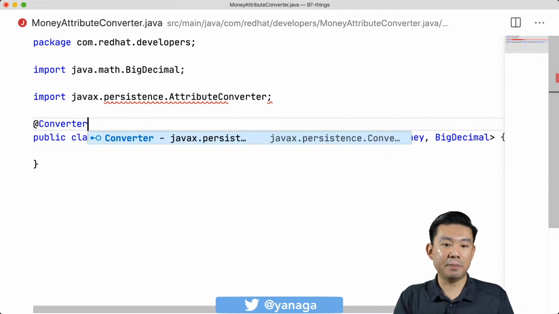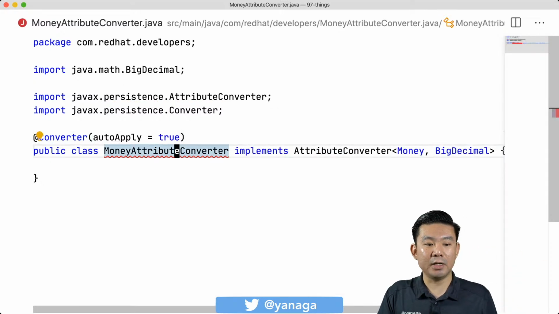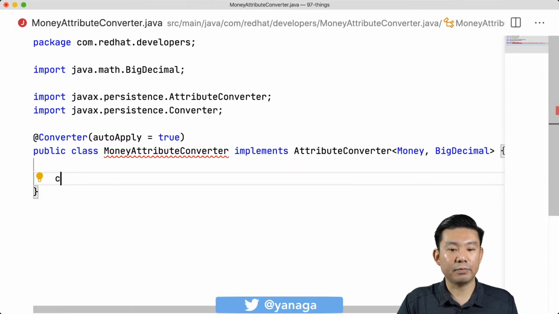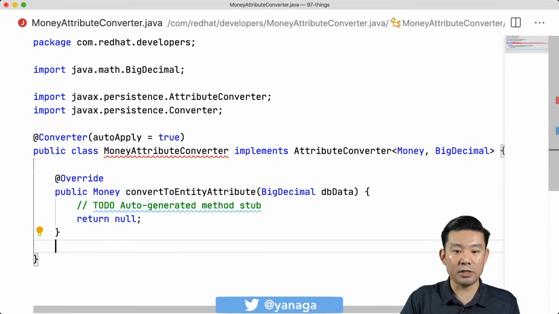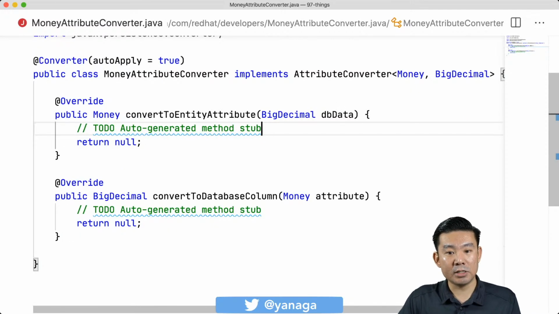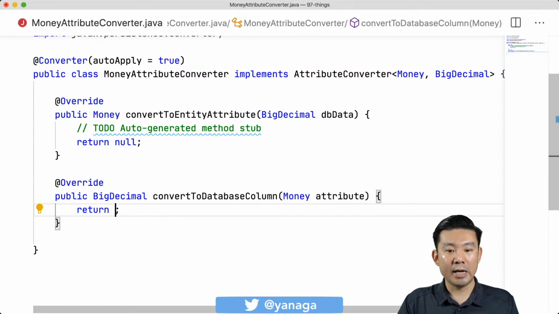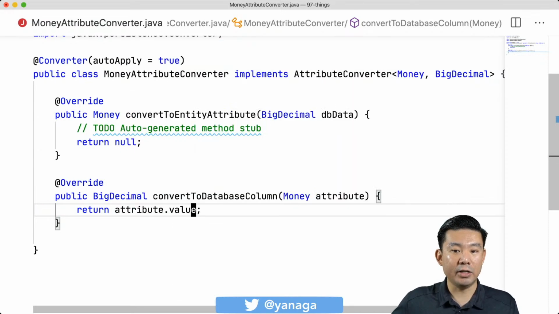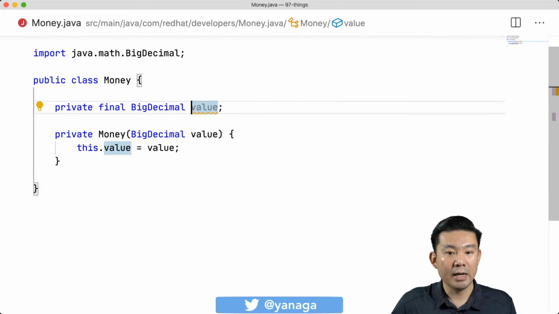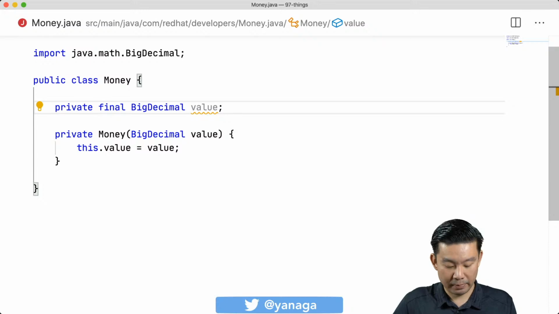And here I could also use the JPA annotation autoApply = true, so I don't have to type @Convert in each one of the fields. In this particular interface, I need to implement two different methods: convertToEntityAttribute and convertToDatabaseColumn. If I want to return the internal value, the money attribute, I would say attribute.value. For proper information hiding, this value attribute in this BigDecimal class would need to be private, but